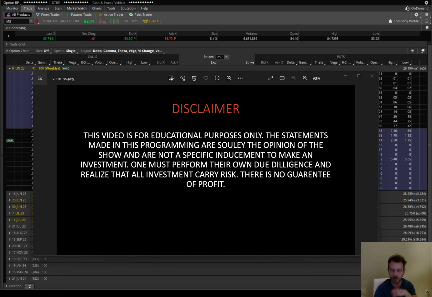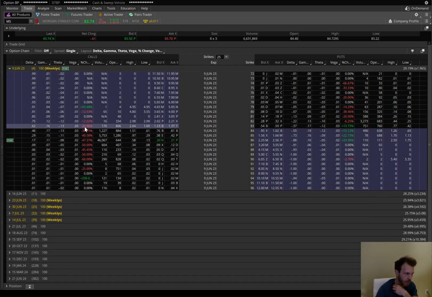Alright, so, first one I want to talk about is Morgan Stanley, as I said. Now, if we take a look at these June 9th, this week expiration options, the weekly calls here, playing on the call side, you can see there was a little over 46,000 contracts traded, open interest of about 644. I love to see that high volume, low open interest, especially in a name that does not trade a lot of options like Morgan Stanley. Sometimes it hits for unusual options activity, but I don't think I've ever seen this many calls traded in Morgan Stanley. Most of them looked like buys